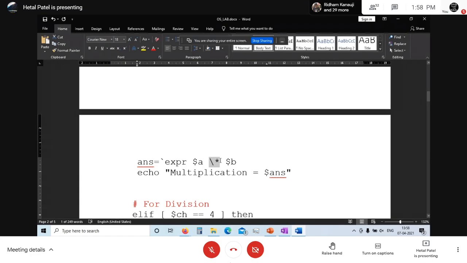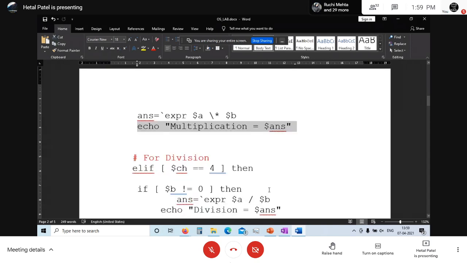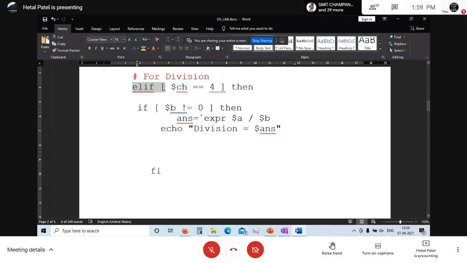So we are using this slash operator, the escape sequence, which changes the meaning of the star that is already reserved by your Linux operating system as a regular expression operator. So multiplication is done here and it is printed.